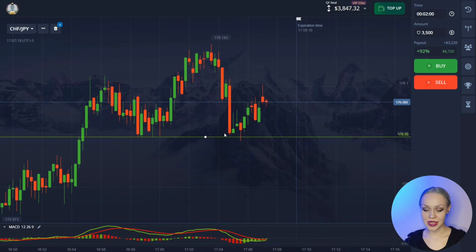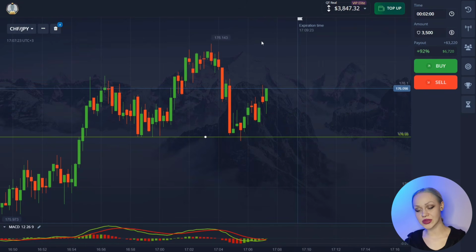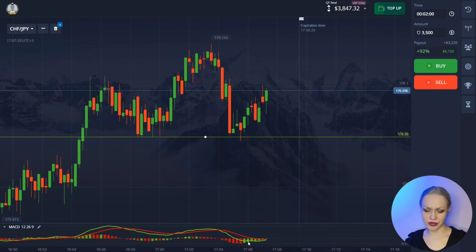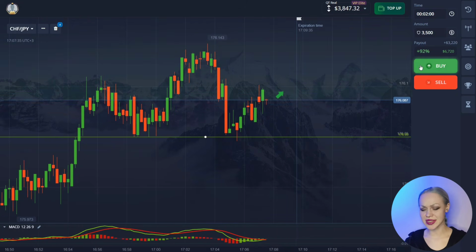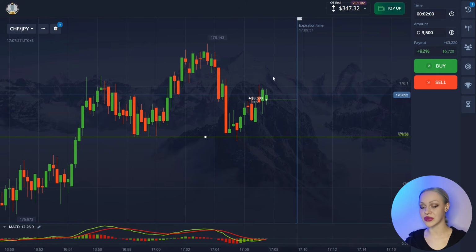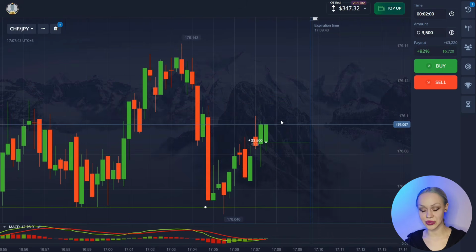The price is pulling back down and it's showing growth from the support level. At the same time, there's still a long distance to the maximum point on the chart, and we also have a green histogram forming on the indicator. And here we open a trade for a raise because I think that in the near future the price will move up in an uptrend, since all these points make it clear that the price has a good potential for